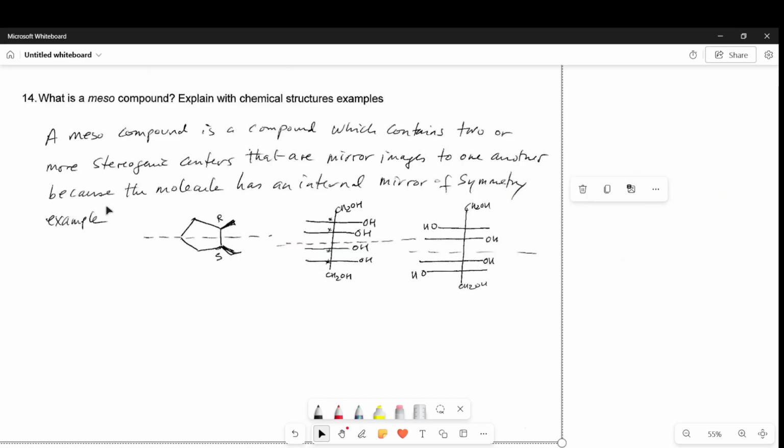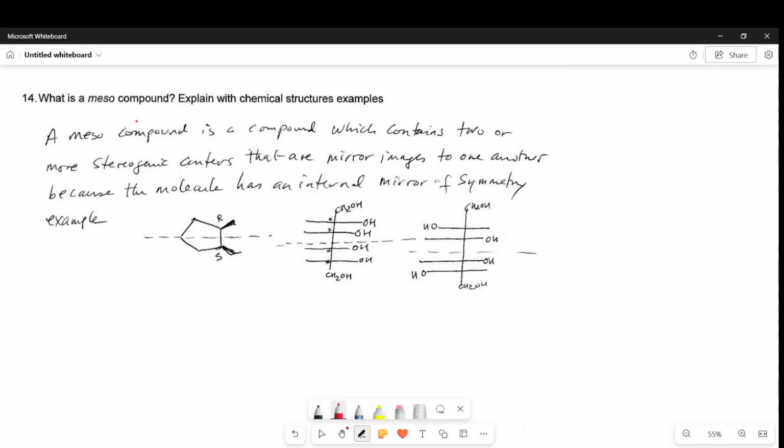Okay, welcome back. Now let's proceed to question number 14. It's asking us to define what a meso compound is. Explain with chemical structure or examples. So a meso compound, as you know, is a compound which has one or more stereogenic centers that are mirror images within the molecule. Because the molecule has internal